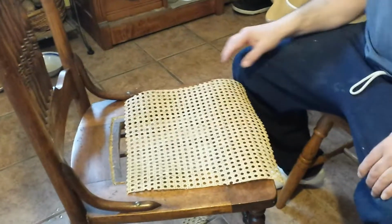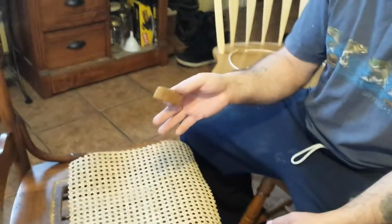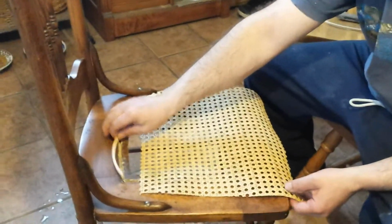The tools you need to do this are this little wedge. I had about 8 of them around here for about 3 years, and today I get ready to cane, and I can only find this. The cane's already soaked, so I'm going to hope that I can do this with one wedge. But you really need to have at least 6 of these. So I've cut my little pieces over here to fit in each one, and after I cut them first...